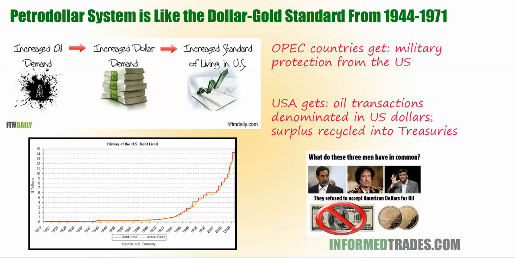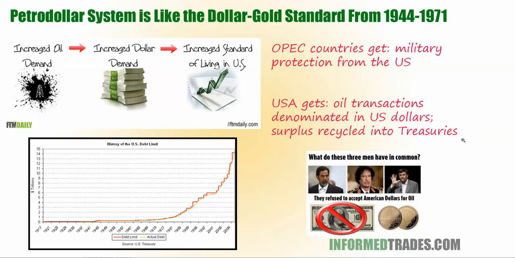Also, as we can see here, because all these OPEC countries are taking their dollars and agreeing to buy treasuries with them, it creates a lot of demand for U.S. treasuries, and that allows the U.S. to spend very freely and to rack up a lot of debt, knowing that there's always demand for this debt. So the interest rate on this debt can be very low because the OPEC countries have agreed to continue buying this debt. And that allows the U.S. economy that we've currently seen, very import-driven and very treasury bond-driven, in terms of selling financial assets overall.